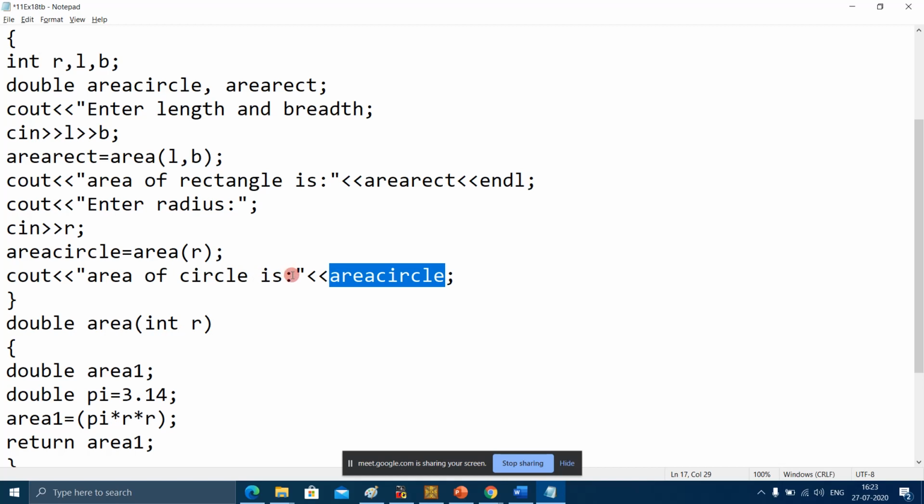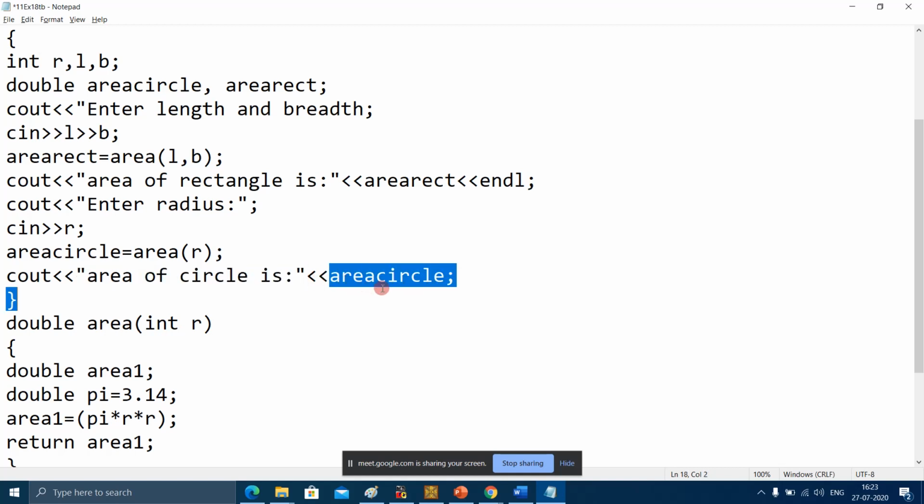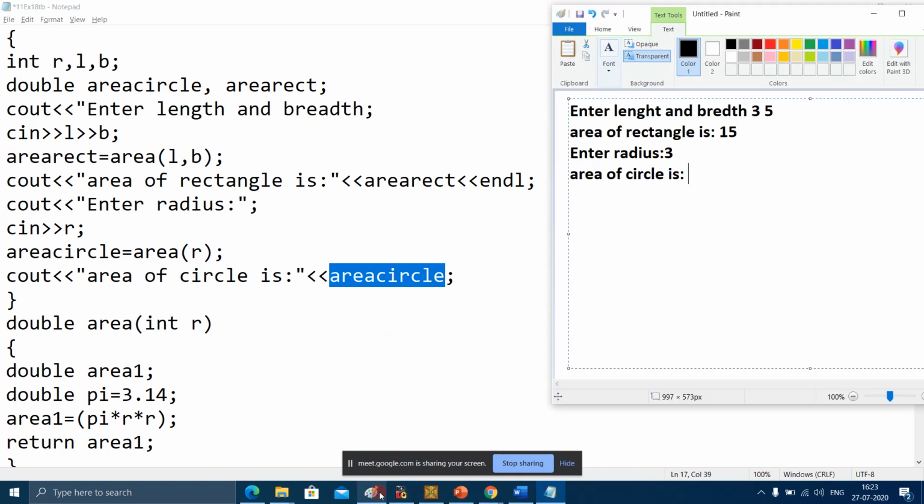Can you see the thing which we want to print on the screen should be in double inverted commas. And if we want to print the value of a variable, it shouldn't be in double inverted commas. It should be written without double inverted commas. So the value of area circle will be 28.26. This should be the output. This is the expected output.